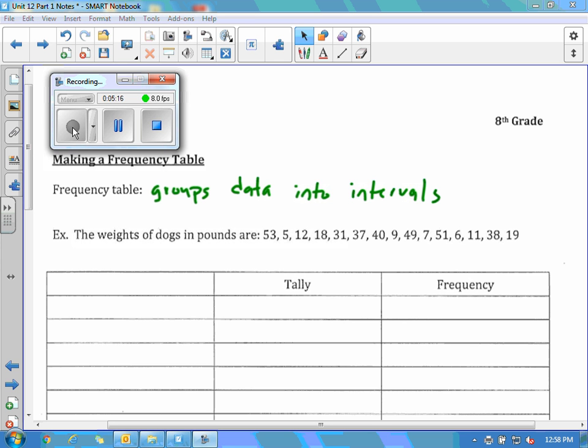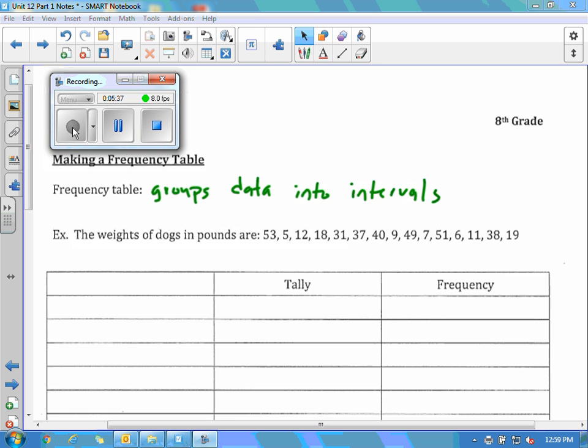You cannot make a histogram until you have a frequency table first. So we'll start with frequency tables. A frequency table groups data in intervals. So for our assembly plots, we group data based on digits. Now we're grouping data in different intervals. So our example is the weights of dogs in pounds, and they give us a bunch of examples of different